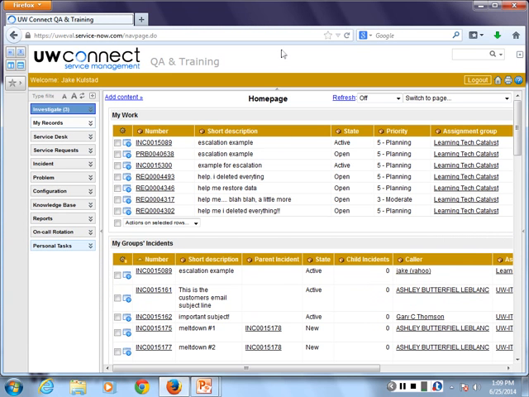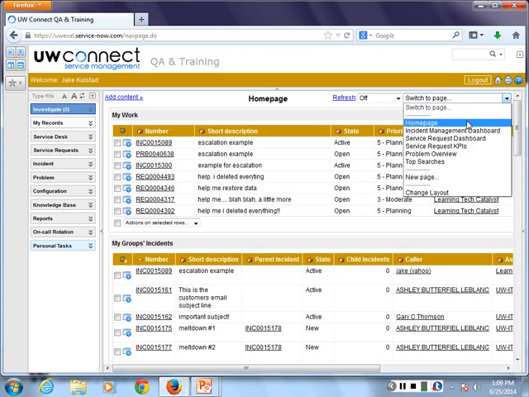Okay, hopefully you all have a page that looks something like my home page here. If your page does not actually say home page at the top center, I'll click on the switch to page dialog and select home page from this drop-down menu. There are several pre-configured pages there in the list. You could check those out at a later date. I'll ask that you all work from home page for today, because when you click on your UW Connect logo at the top left, I'd like for you all to go back where I go.